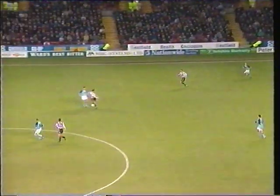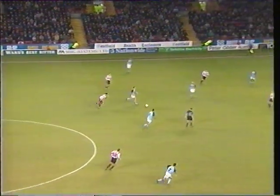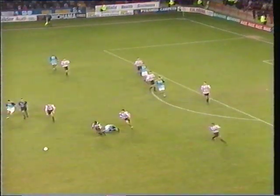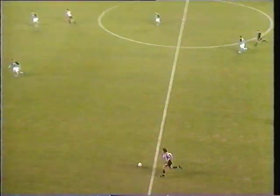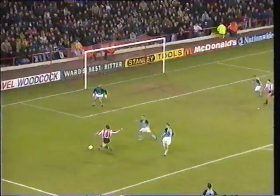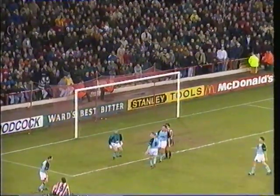Patterson clears. Oh, well won by Dazoo. And Bozancic now, and a very good tackle from Paul Parker as well there. Well, you have to admire all aspects of football, and it was certainly a moment there to admire defending on both sides. And now Couturo's done really well here, and the shot was an excellent one too, but beaten away